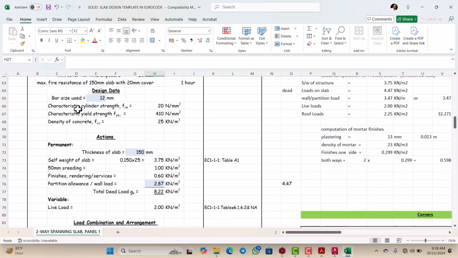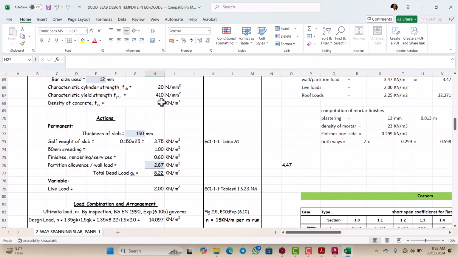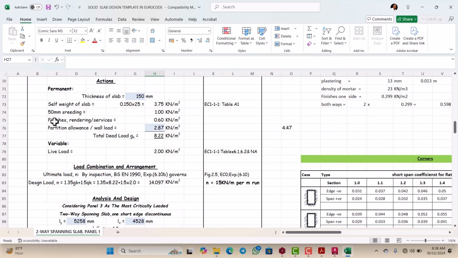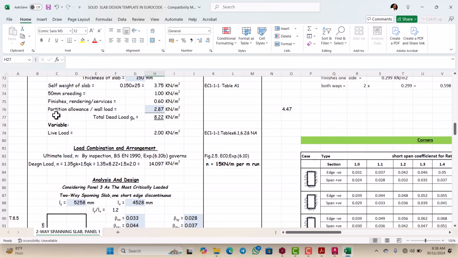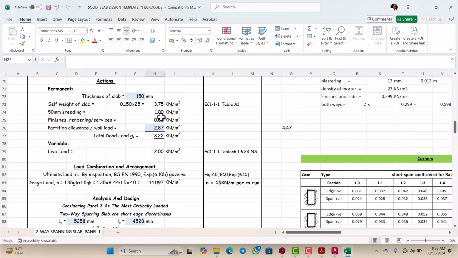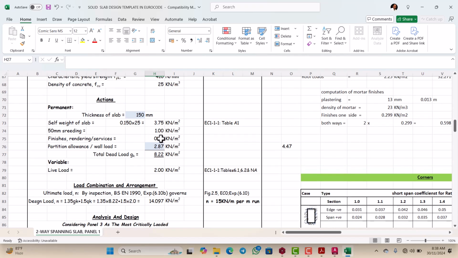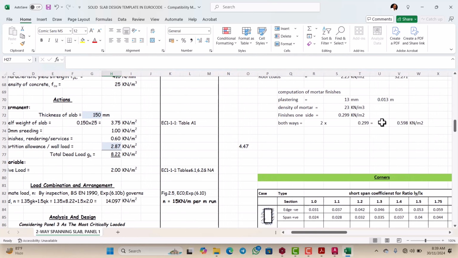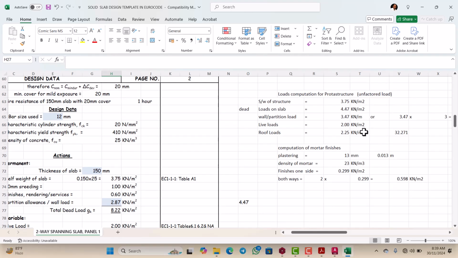Then we have the characteristic cylinder strength. Then we have the characteristic yield strength, steel strength. Then density of concrete, we are using 25. So the self weight has been calculated already. Then we have the 50 mm screeding, 1.0 kN per meter square. Then we have the finishing and rendering, 0.6. Now I've given a detail on how we arrive at this 0.6. So this is the detail on how we arrive at that, which is